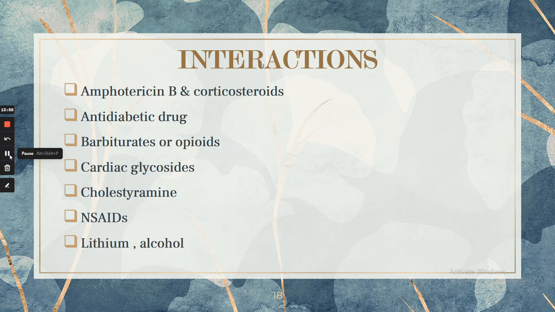Additive effect is seen when hydrochlorothiazide is used with the antihypertensive. Also, when opioids and barbiturates are used, it can cause orthostatic hypotension. Severe dehydration and electrolyte imbalance may be induced when using thiazide with other diuretics. But hydrochlorothiazide is given with loop diuretics because it can increase the diuresis. Also, hydrochlorothiazide is given with potassium sparing diuretic to boost the serum potassium.